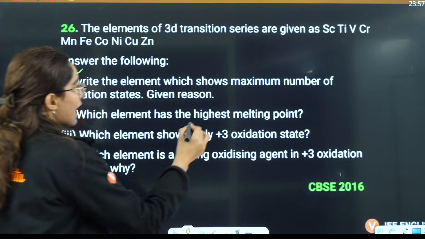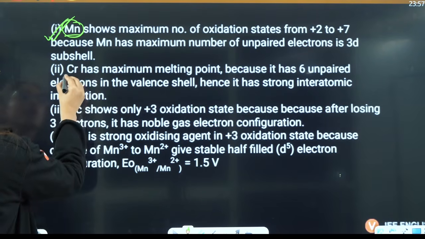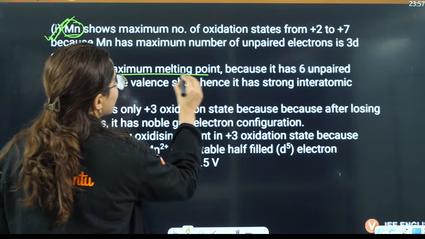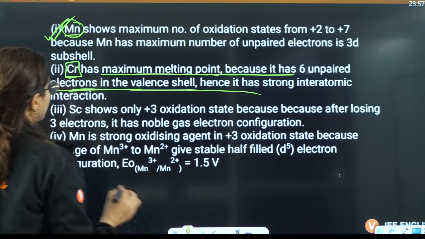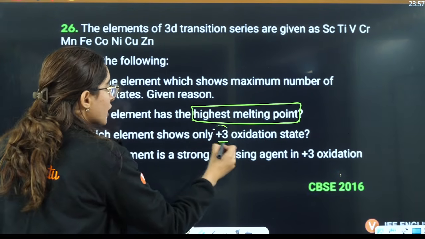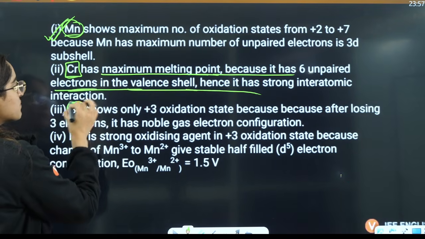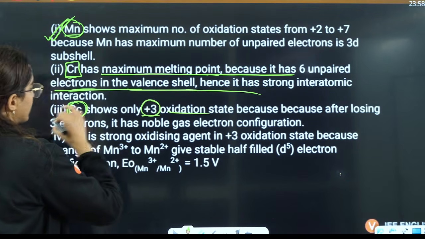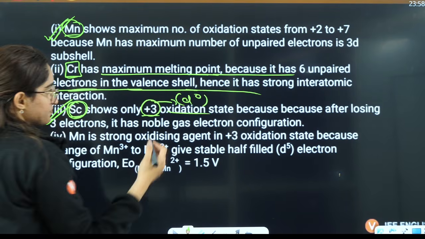Which element has the highest metallic point? Chromium has the highest metallic point because of 6 unpaired electrons in the valence shell, right? Next is, which shows the +3 oxidation state very easily. Here the answer is scandium, because after losing electrons it gets converted to d0,